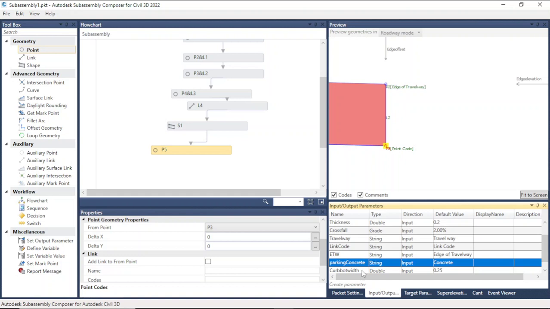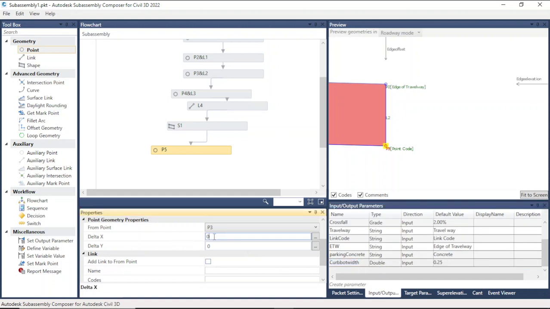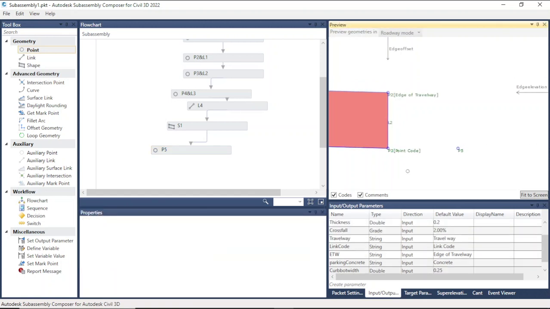So we just copy this one and we indicate there. So this will be the point, and the other thing we want to,